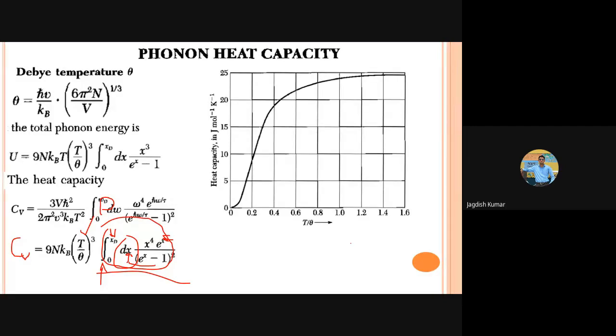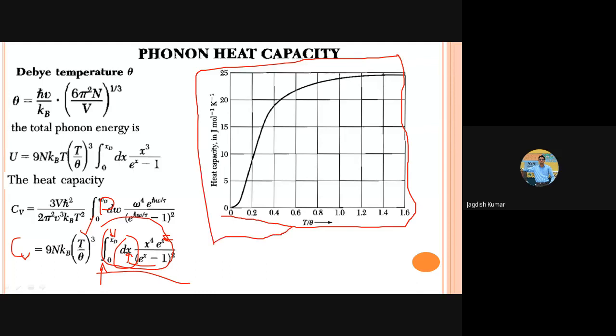If you plot this, this is a standard integral, and this integral will look like this: T versus theta D. I'll give this as an assignment, but let me wait for your exams. I won't be giving it before midterm. After midterm, you have to solve this integral numerically and then obtain this kind of curve. So that is how you should see the specific heat of a material.